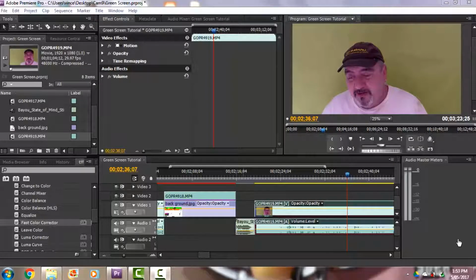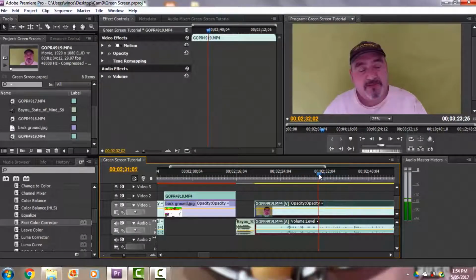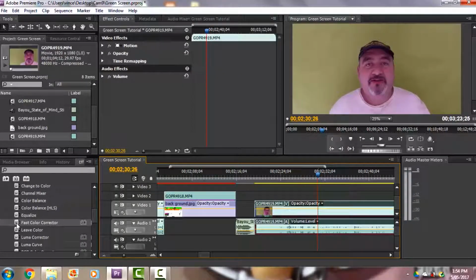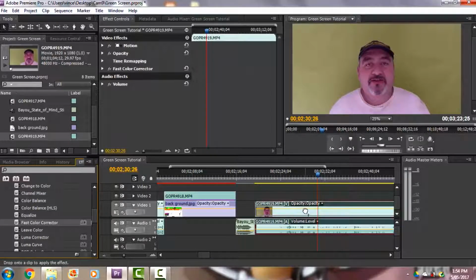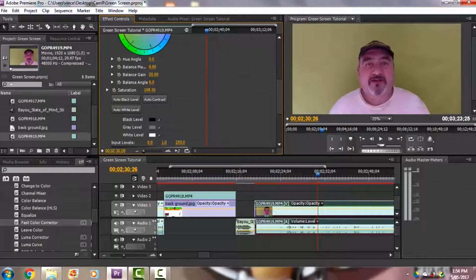Okay, so here's my front end, I guess, for Adobe Premiere, and you obviously get quite a few different variations. So the first thing I do is I tend to correct the colour. I use the fast colour corrector. I select the clip that I'm colour correcting. I use the drop down menu. Now I find myself using in the saturation,